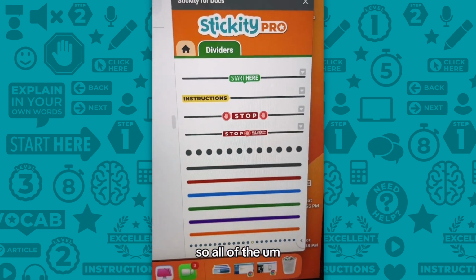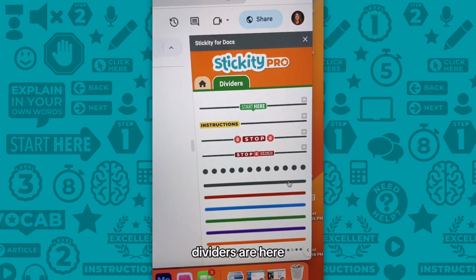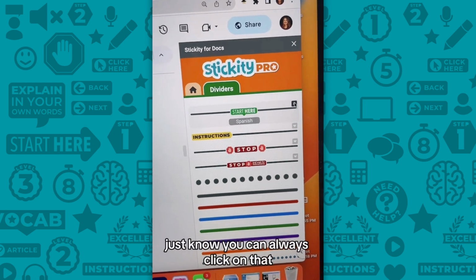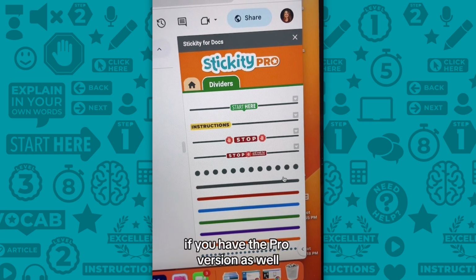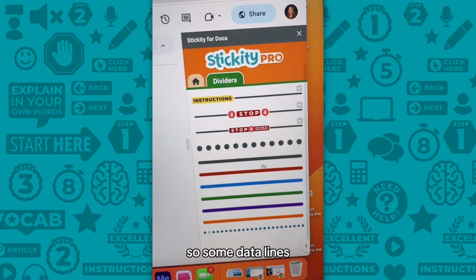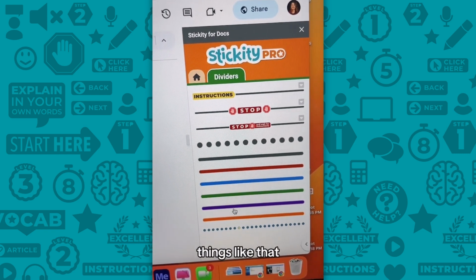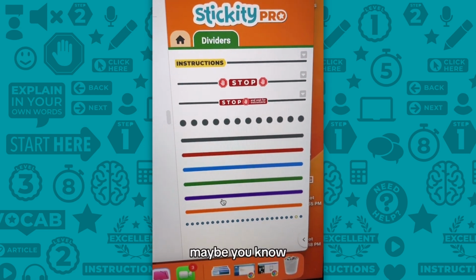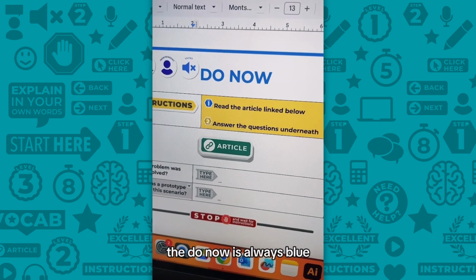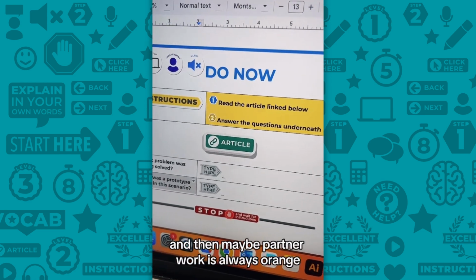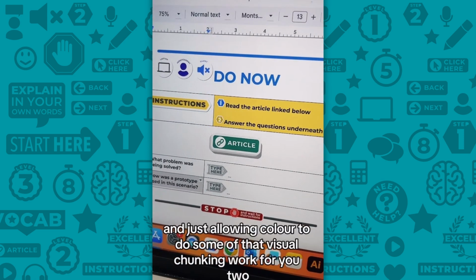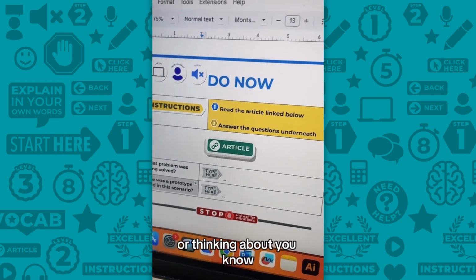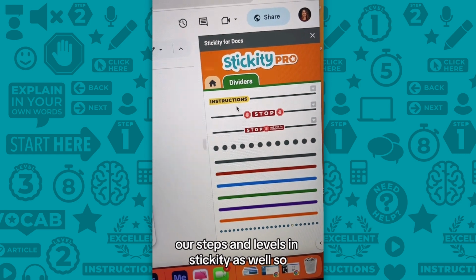So all of the dividers are here. If you are a Spanish teacher, just know you can always click on that download and insert Spanish if you have the Pro version as well. So just some dotted lines, some colored lines, things like that. Think about chunking your work in class into colors. Maybe the do now is always blue, and then maybe partner work is always orange or something like that, and just allowing color to do some of that visual chunking work for you too,